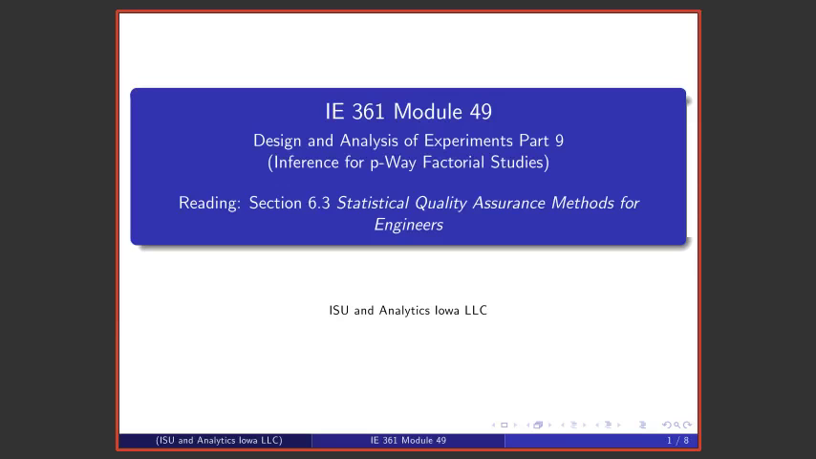Welcome to Module 49 in a series of lectures on statistical quality assurance and statistical process improvement. We've been discussing so-called 2 to the p factorial studies. We've talked about generalities and notation, the defining of main effects, 2-factor interactions, 3-factor interactions, and so on. We've looked at the Yates algorithm, and now we're going to talk about doing inference in p-way studies in terms